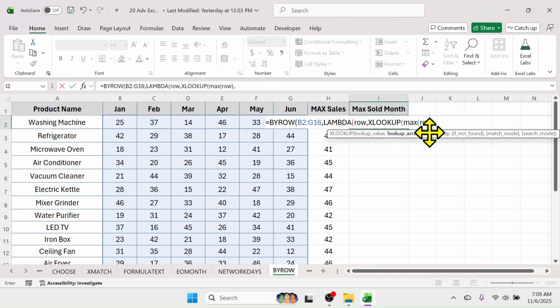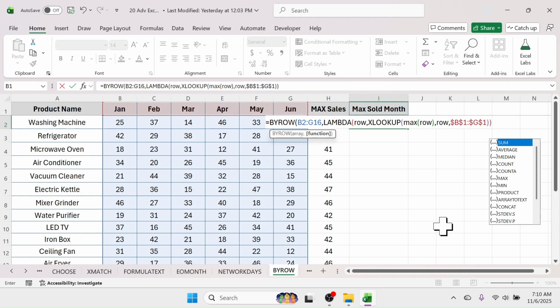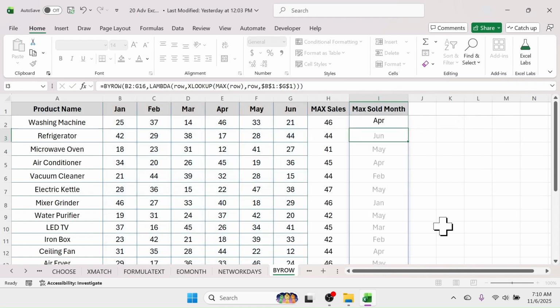In the lookup array, put this row variable, so put here ROW, put a comma, and in the return array, select this month name range, then lock this range by pressing the F4 key. Close the XLOOKUP function, close the LAMBDA function, and finally close the BYROW function, then hit enter, and here